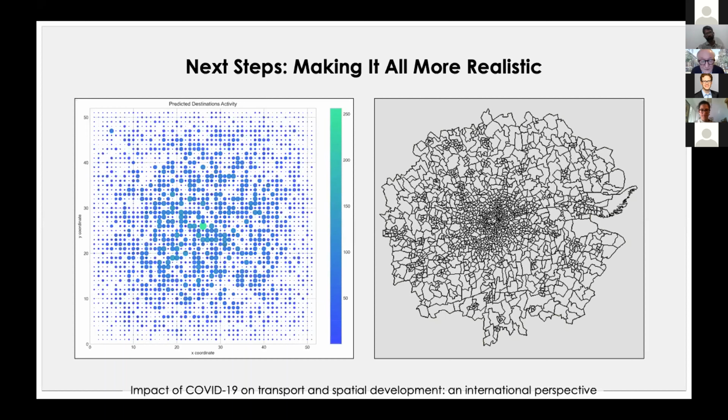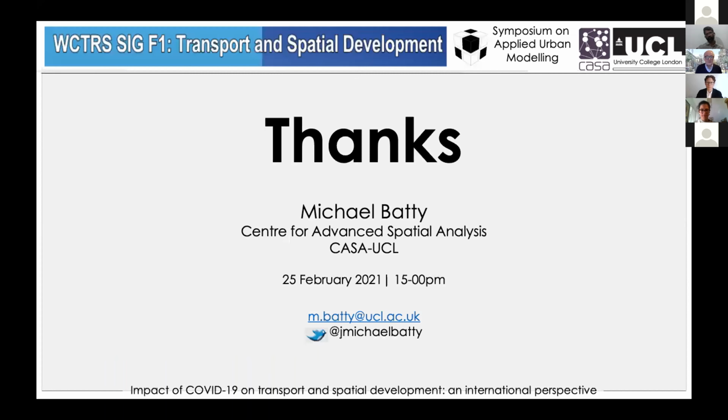The object of the exercise now is to begin to move to the real situation and explore what I've explored hypothetically in the context of this real one, with a view to trying to speculate and answer the question about whether or not people will move to the edge or move to the center, and how the symmetry or otherwise would be reinforced or broken by this. Thank you very much. Back to you, Rolf.